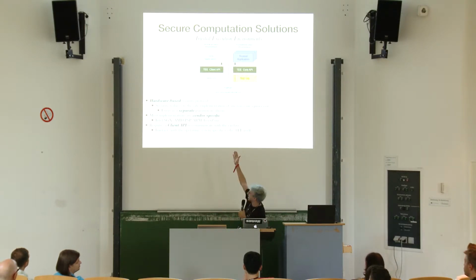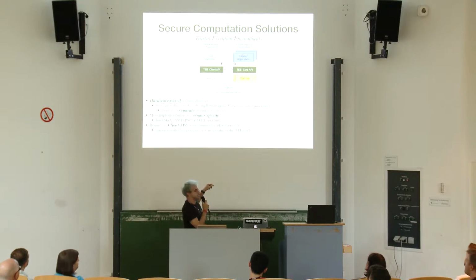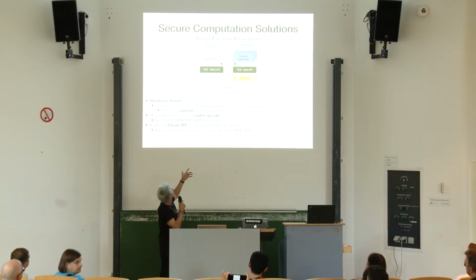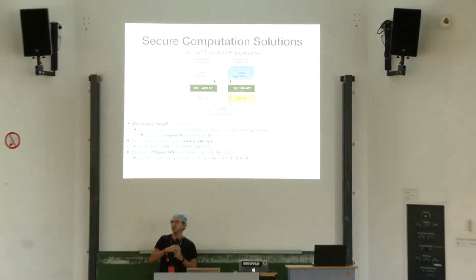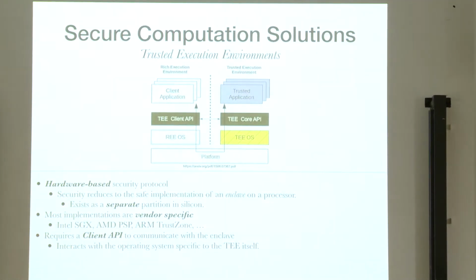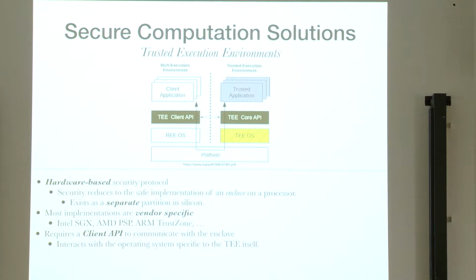So it requires a client API. You see that little brown box. It could be brown. I'm colorblind, so I don't know what that is. But it says TEE client API. And when you build an application in the rich execution environment there, meaning if you're executing some Python code or some C code or Rust, for example, you're going to typically be executing stuff on the kernel, on the operating system, where other programs have access to it. That's the rich execution environment. And what you're going to do is when you access other TEEs, you're typically going to be accessing that TEE client API, and it's going to access the core API inside that other chip. And that's what we call the trusted execution environment there,